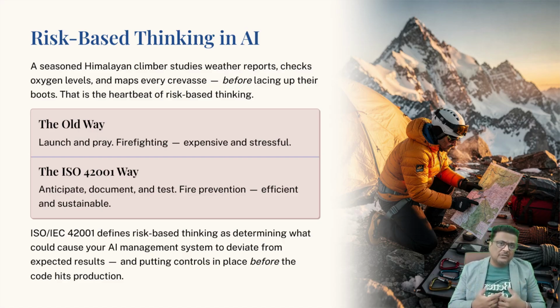In the world of ISO/IEC 42001, we apply the same rigorous, cautious logic to artificial intelligence. The standard defines risk based thinking as an approach where an organization determines the factors that could cause its processes or its AI management system to deviate from expected results and puts controls in place to minimize negative effects. In simple words, it means you stop guessing and start anticipating where things might go wrong before the code ever